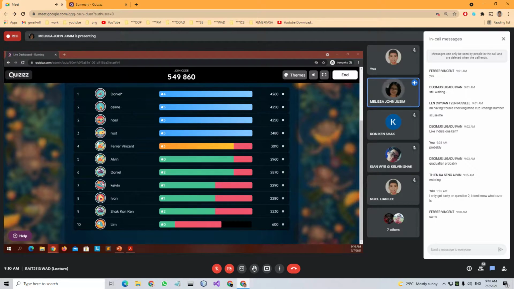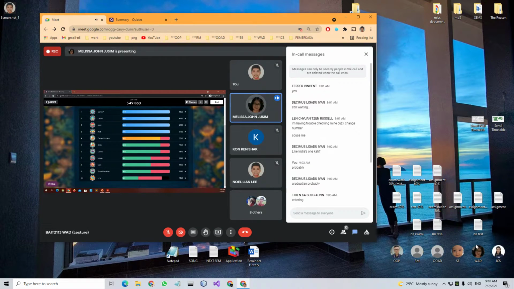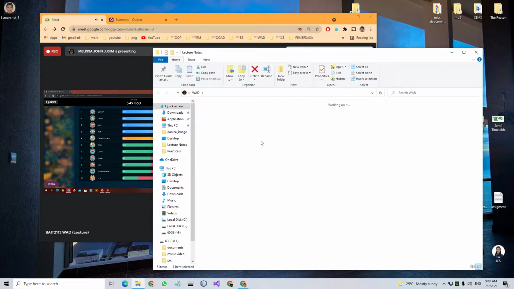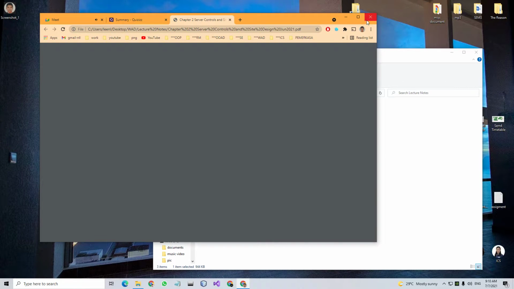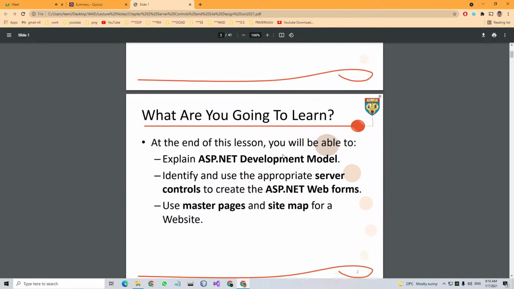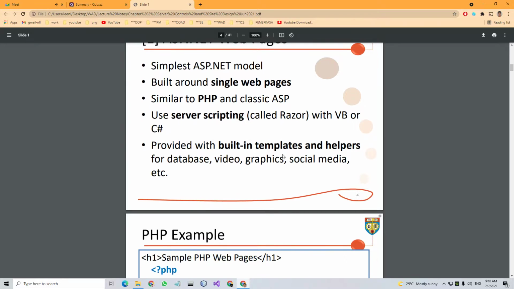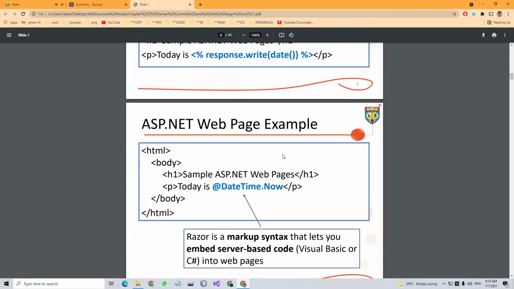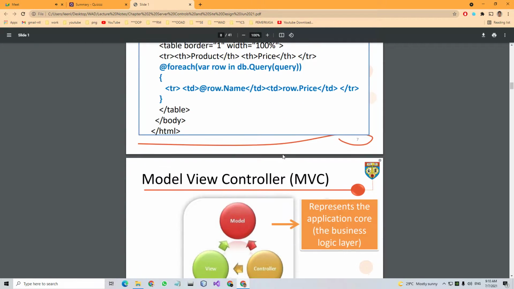Question number 2, the Razor markup. In fact, it's in our chapter 2, the one with the at symbol. You can go and have a look, chapter 2. I guess after this, everyone will remember what is a Razor markup.